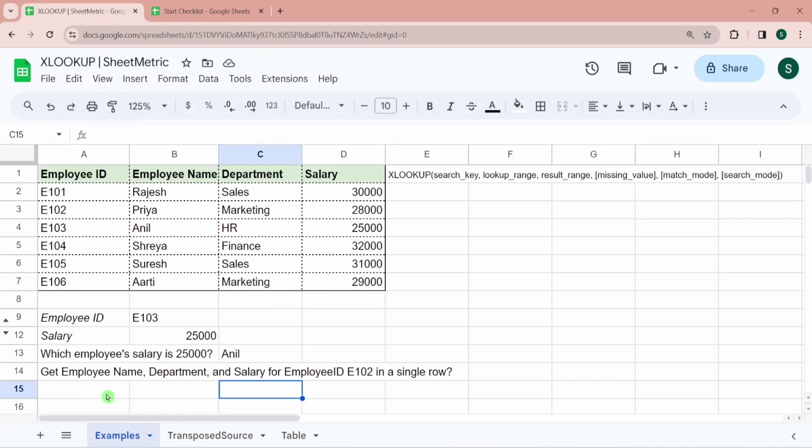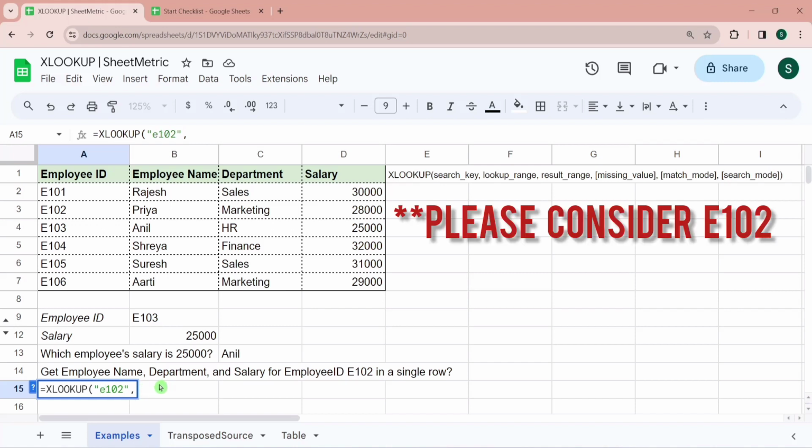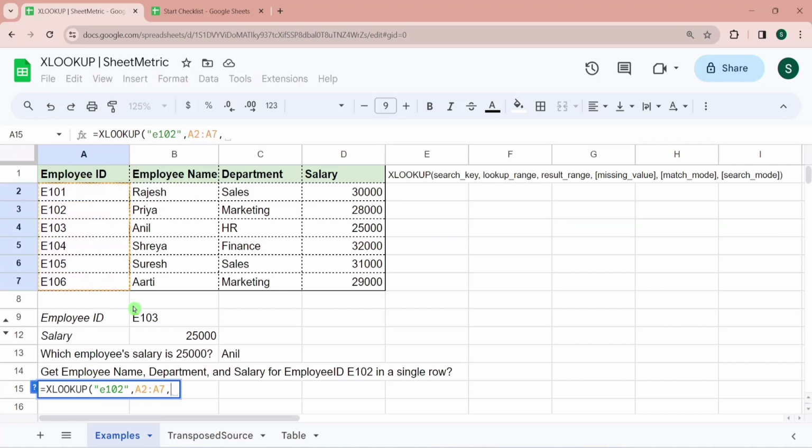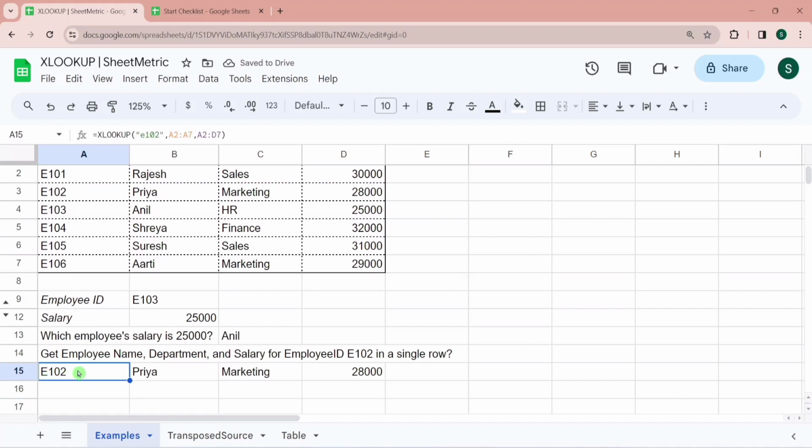Well, XLOOKUP can also return a range or an array. So here the question is, get employee name, department, and salary for employee ID E102 in a single row. So I'm writing XLOOKUP over here. My search key is E102, because this is a text. Also, lookup functions are not case sensitive, so I can write a small e as well. And then I have to give a lookup range, which is this one, and then a return range. The return range I have given is A2 to D7. So it would return the entire row of the search key over here. And then I am closing the bracket. So here you can see it has returned E102, marketing,